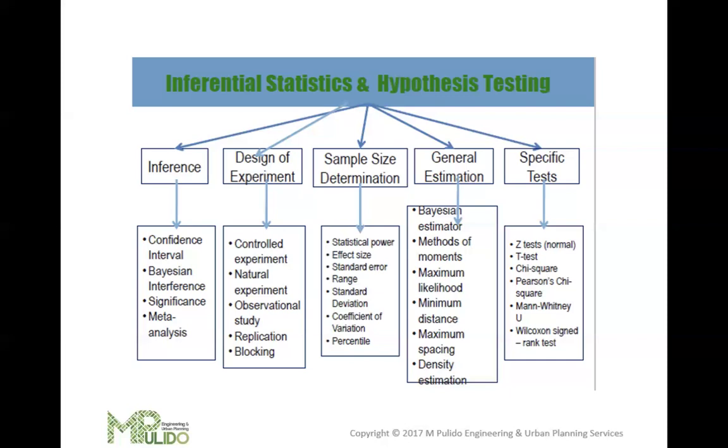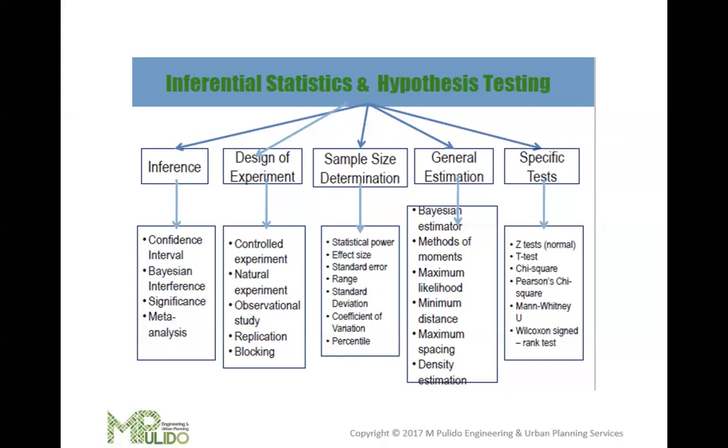So the next is observational study. This is done when a researcher observes and records behavior without manipulating any variables. Example, when you're studying dietary habits by observing people's food choices in a cafeteria. Replication is repeating an experiment to verify results and ensure reliability. Okay, when you conduct the same psychological experiment in different settings to verify results. So that's replication. Blocking.